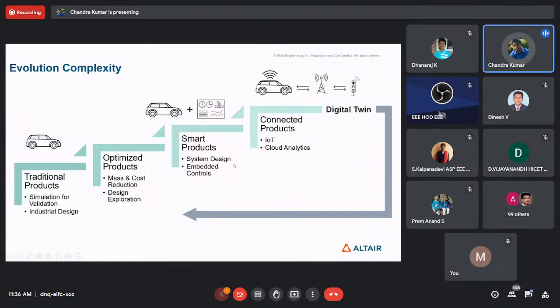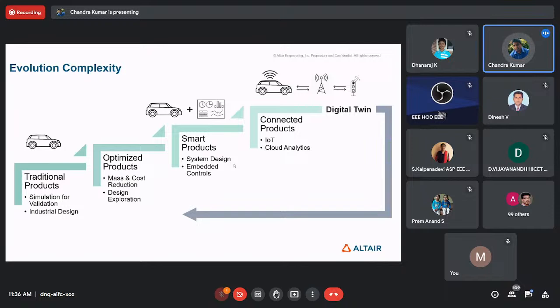So to talk about today's topic, the evolution from a traditional fuel injected powertrain vehicle to an electrical powertrain vehicle, how we are moving in. If you look at the evolution of complexity, moving from a traditional product where we majorly deal with simulation and validations, from one decade to another there is a lot of technology transition happening, where we move into a more optimized product in terms of reducing cost and mass and so on.